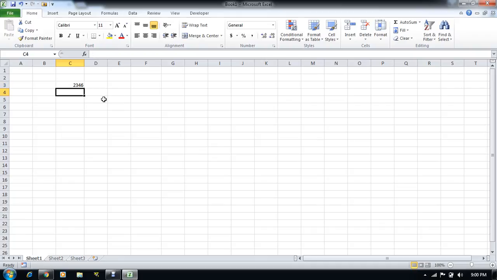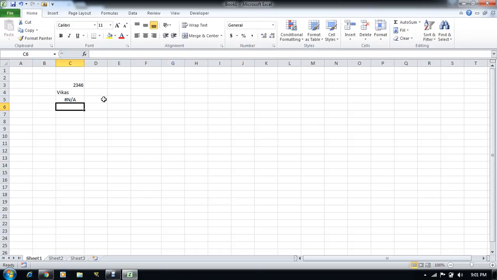And whenever we type character data, just for example I am typing in my name, all the character data is left aligned in Excel, and all the error type values are center aligned in Excel.